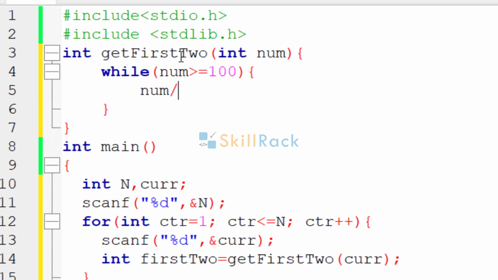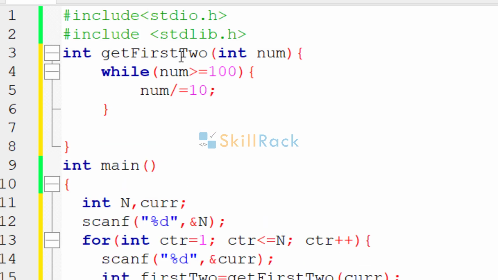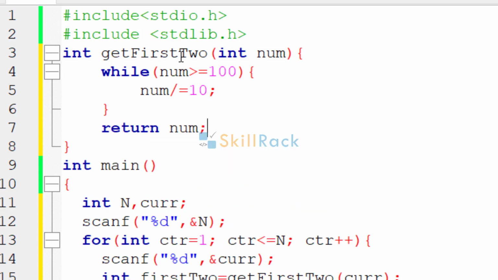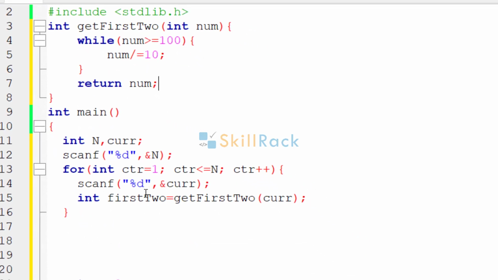We must divide the value. Then finally the first two digits will be in num, so just return that. It will be stored in the first two variable. Now last two is nothing but the remainder when we divide by 100, so current modulo 100.